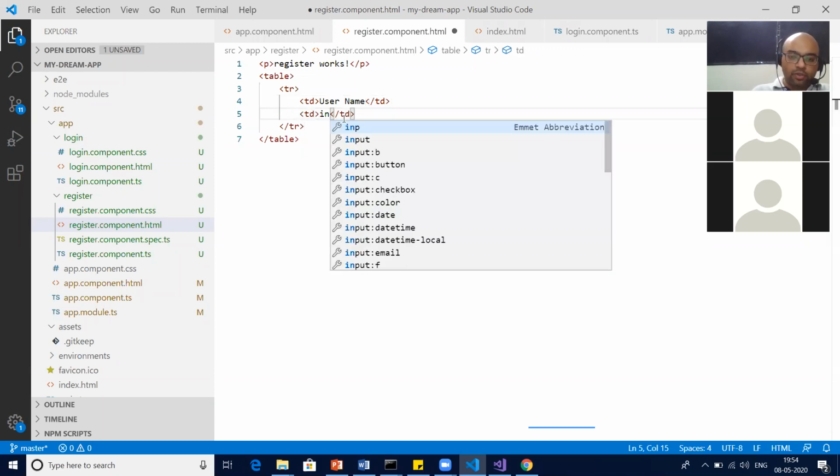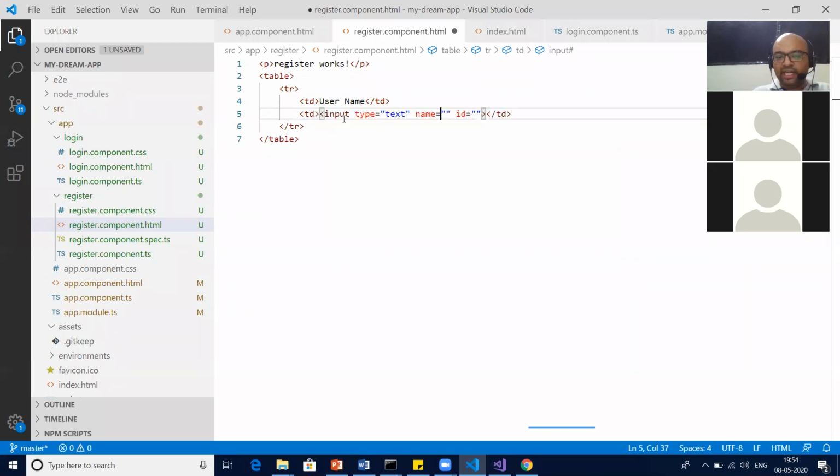So again, input type text. Automatically it came. So ID and name. We will talk about this later when we do validation and see the importance of name.